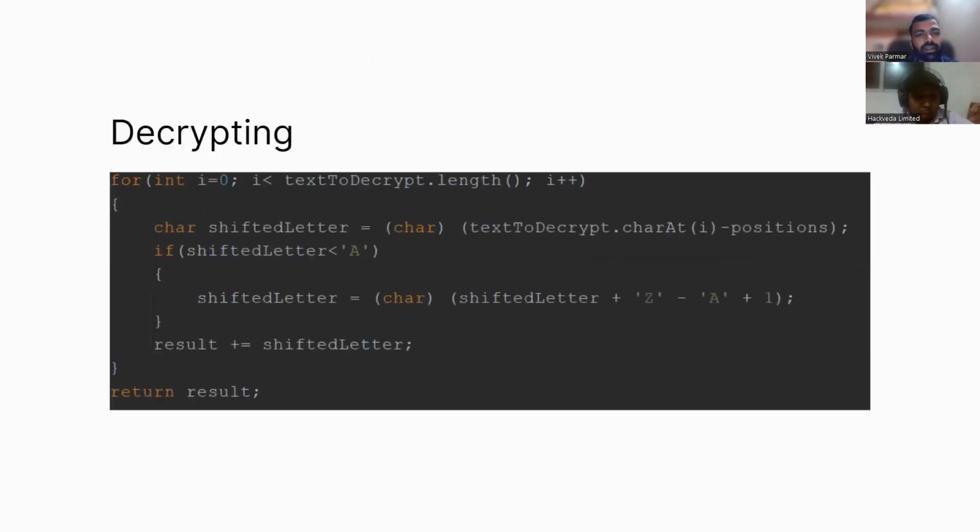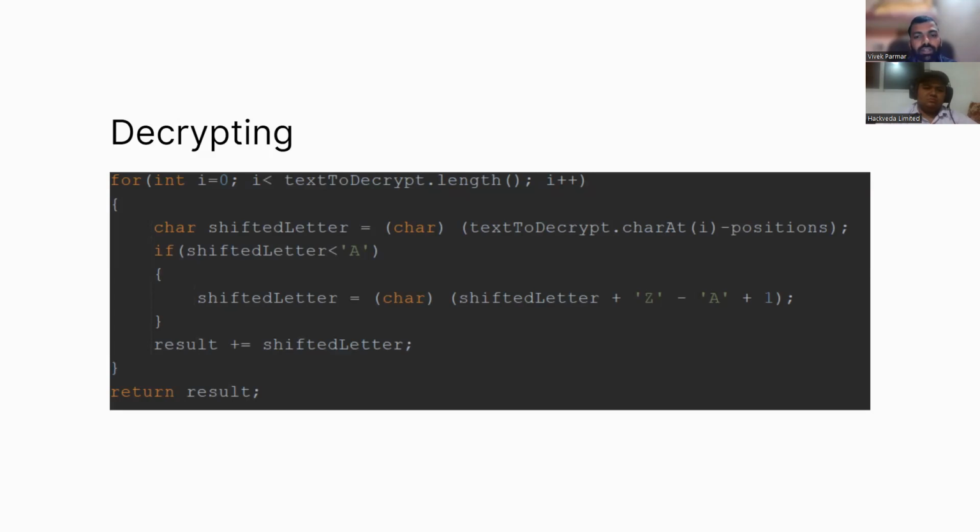This is the decryption method for Caesar cipher. Here I use a for loop to go through each letter of the message like before. I have used char to store the shifted letter. Here I have used a condition to check if the ASCII value of the shifted letter is less than the ASCII value of A. If we take an example of B, the ASCII value of B is 66. Shifting back by 3 gives 65, 64, and 63, which is less than the ASCII value of A. So we will follow this formula.